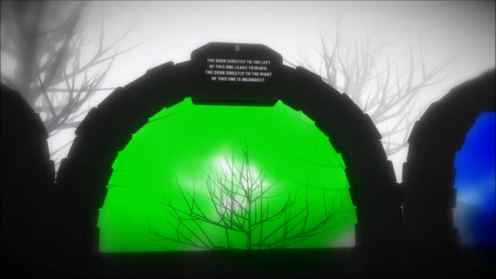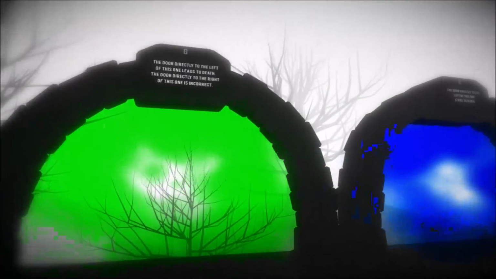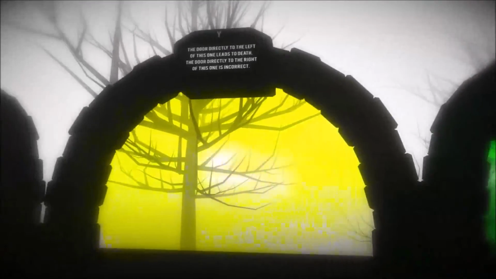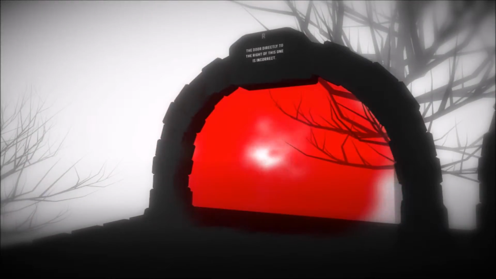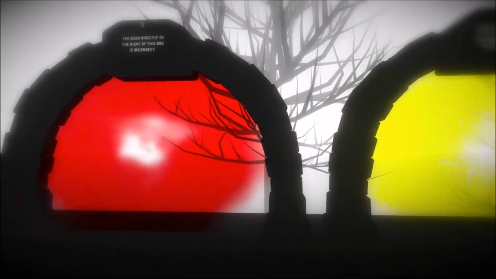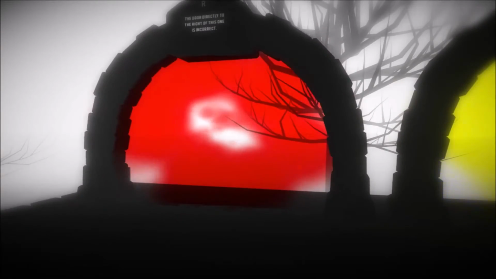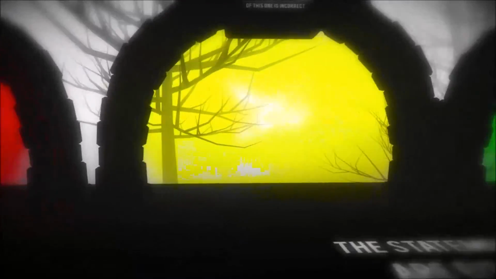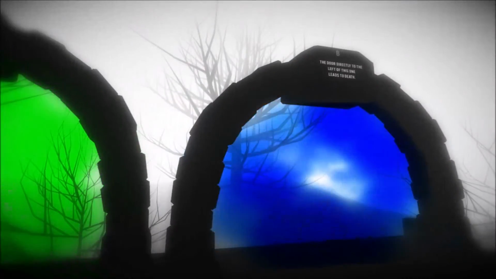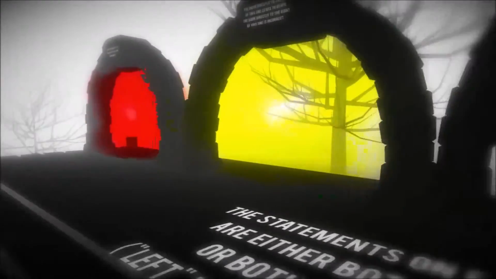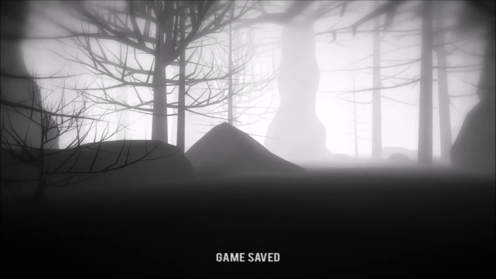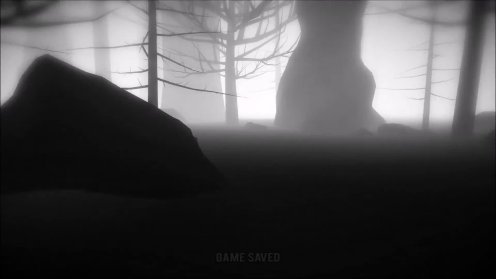Say yellow is bacon. You would be false, and you would be death. That's true, which would mean this is true. Right, that would lead to death. The door directly to the right of this one is incorrect. And since you would be incorrect, this would be correct. And then the door directly to the left one, so it would be yellow. There we go, that one was a tad bit easier.